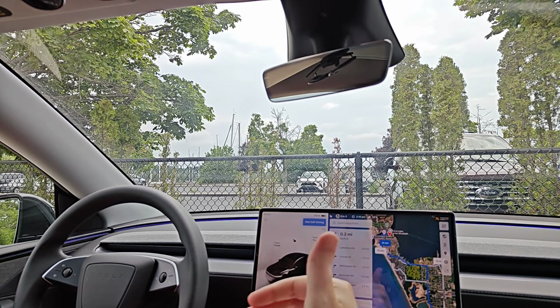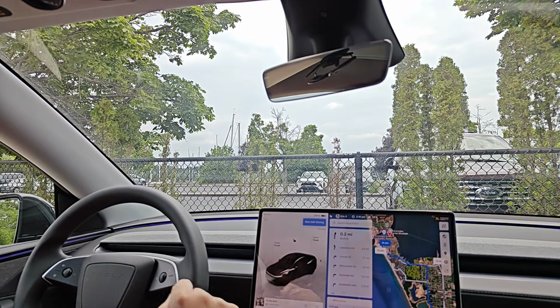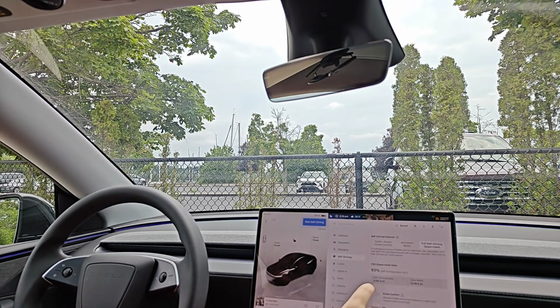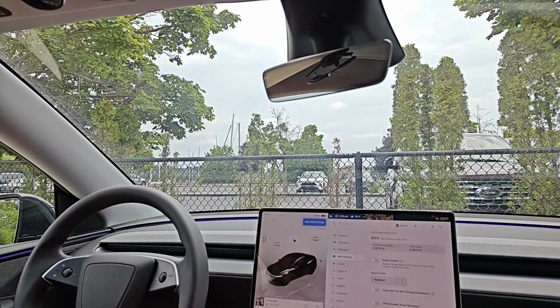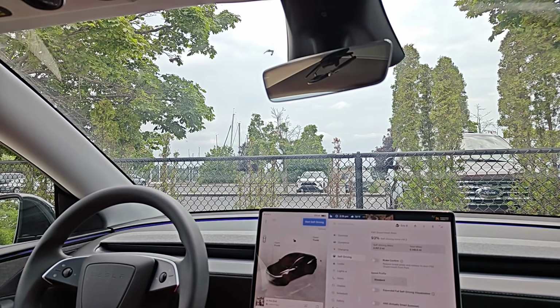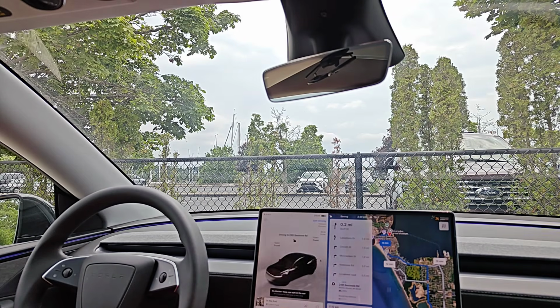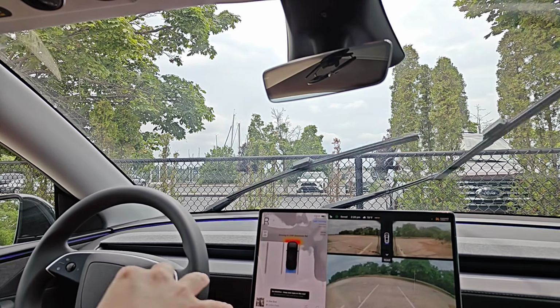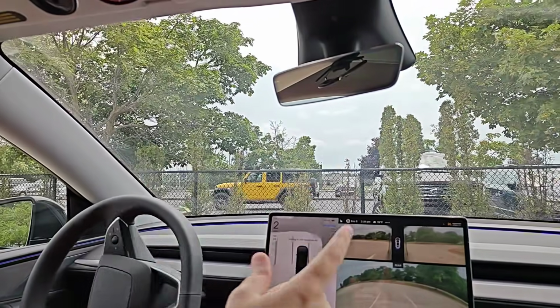And now that I'm buckled in and ready to go, we can see that I can click Start Self-Driving. Now, in the menu, in the self-driving area, the brake to confirm, if you have that turned on, that just means that you have to hold down the brake before you have the option to select this button to start self-driving. But I don't have the brake confirmation turned on, so all I have to do is click where it says Start Self-Driving. And from parked in my parking spot, it's going to find us from here to the destination and